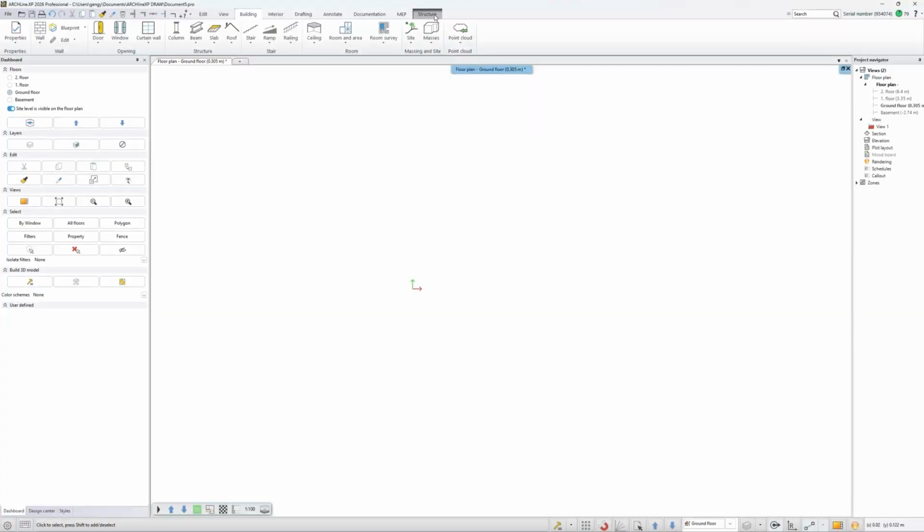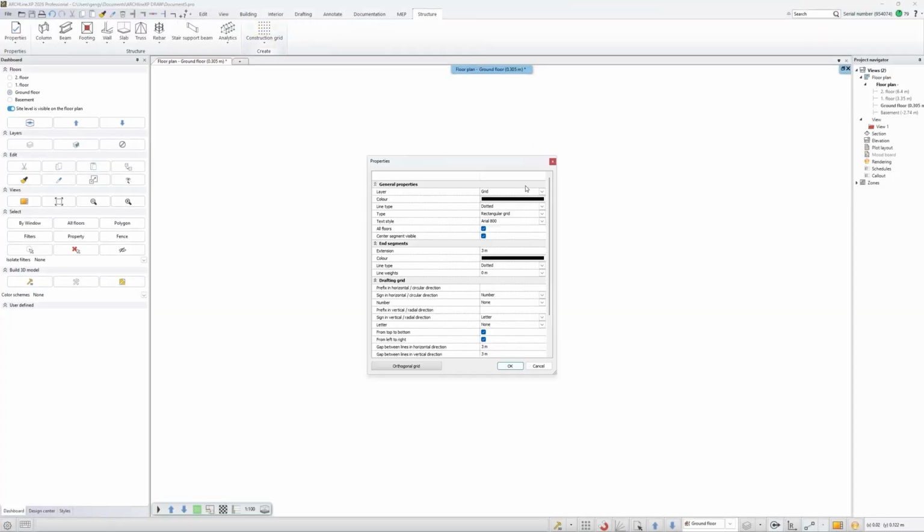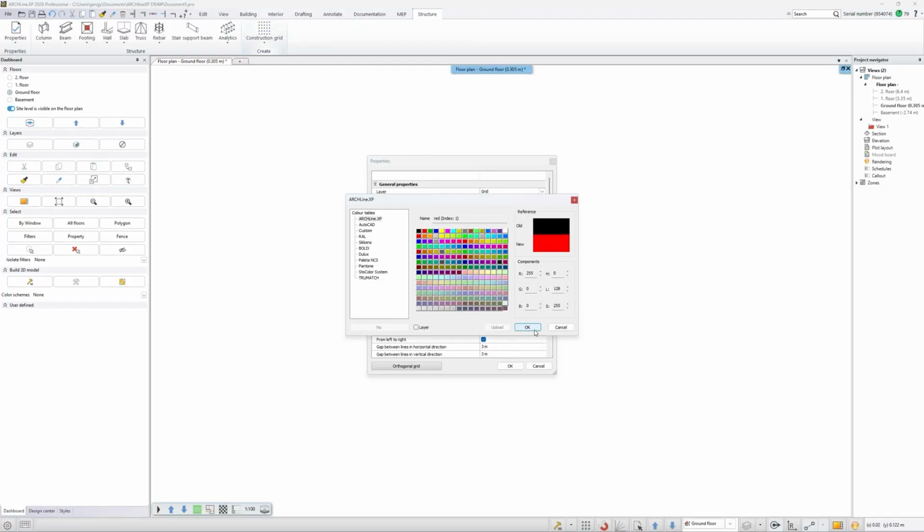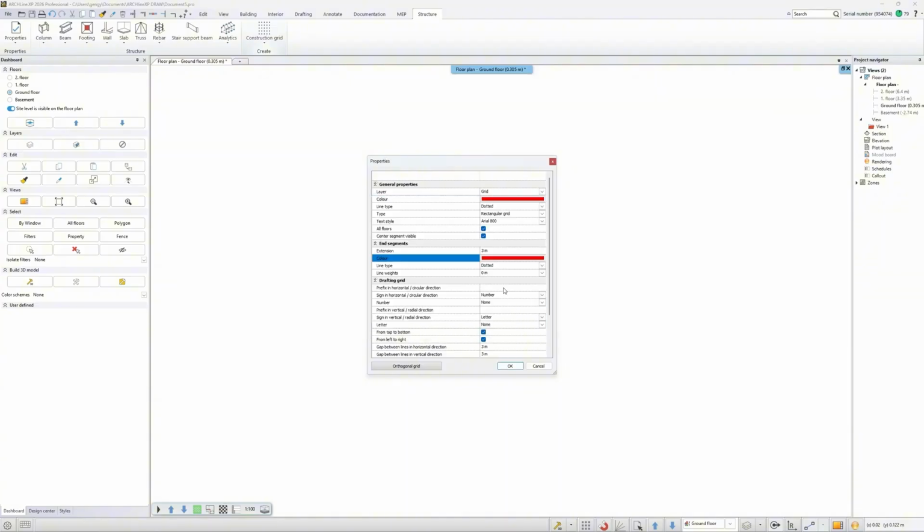The architectural grid has been expanded with several new features. From now on, the command can also be launched directly from the Structure tab in the ribbon menu. In the Properties, you can set the display mode and location of the end segments,